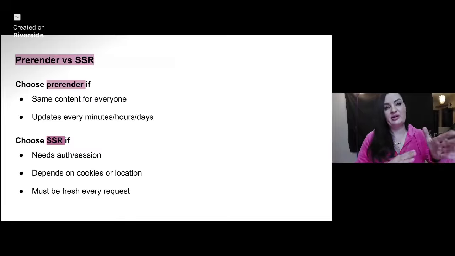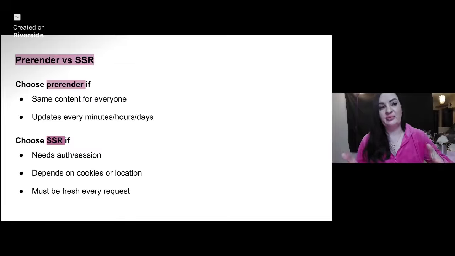Now let's put pre-render versus server-side rendering. When to choose pre-render? Same content for everyone, fantastic, easy, and updates every minute, hour, days. So not too dynamic, but could change. Choose server-side rendering if,